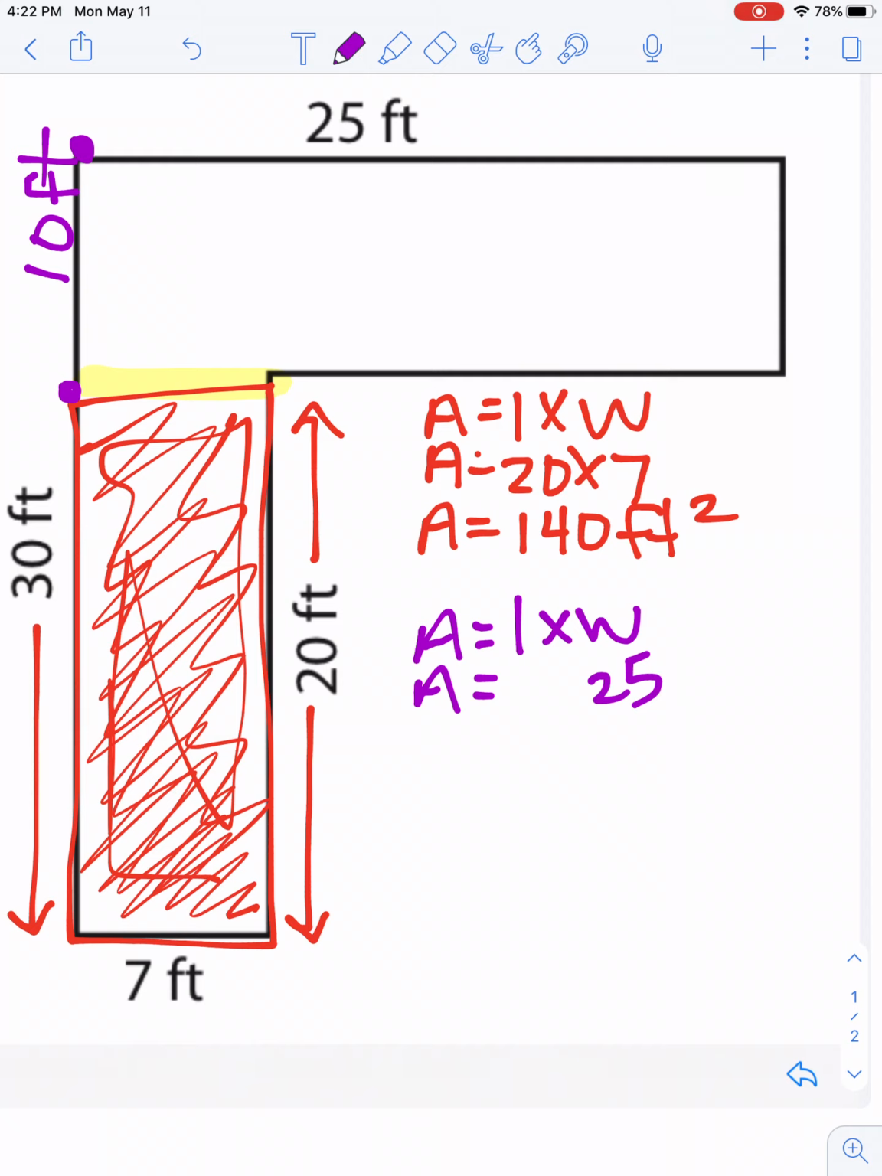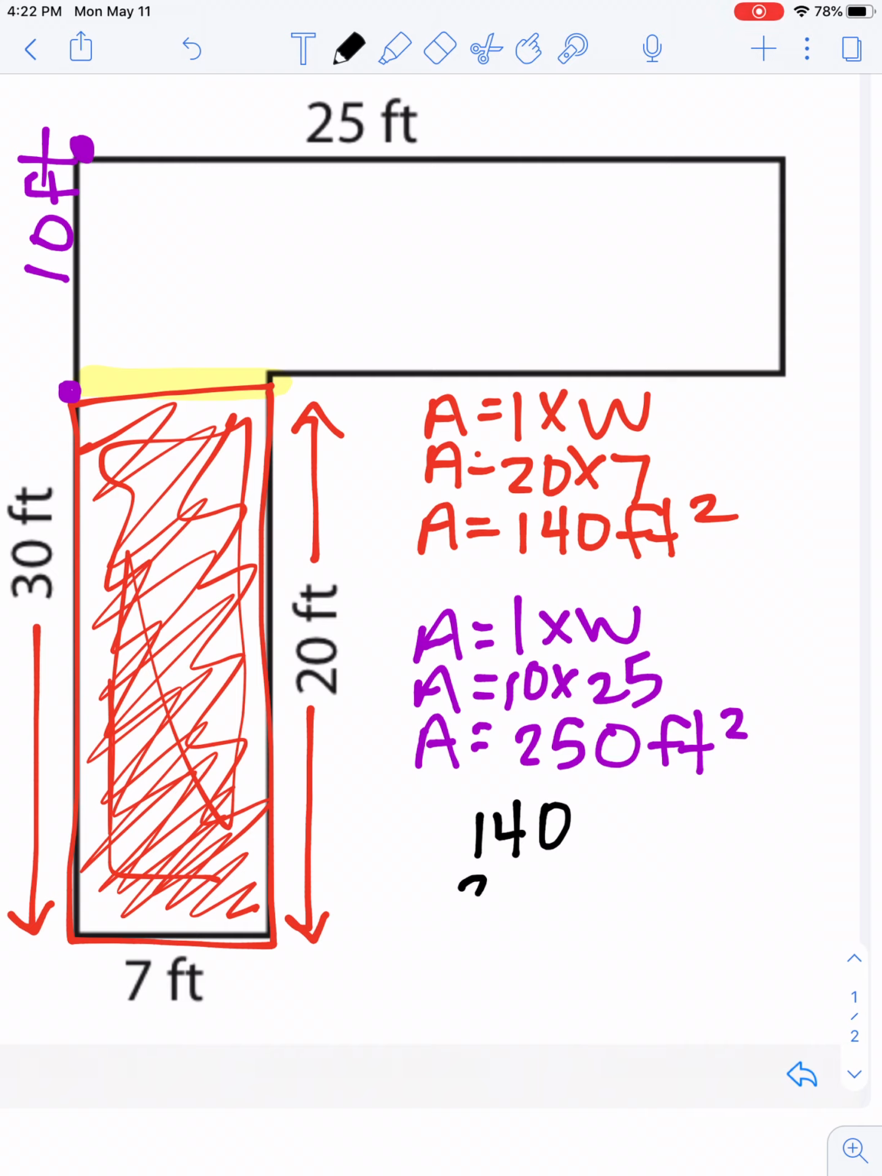So that is the length of the purple rectangle. When I multiply 10, the length, times 25, the width, you're going to get 250 feet squared. And then we need to add those two amounts together, 140 plus 250, to get the total 390 feet squared for the total area